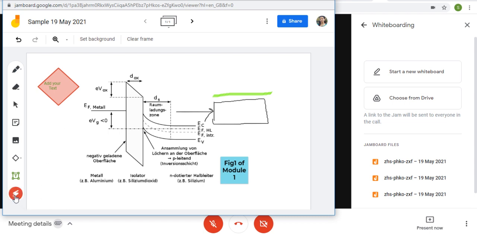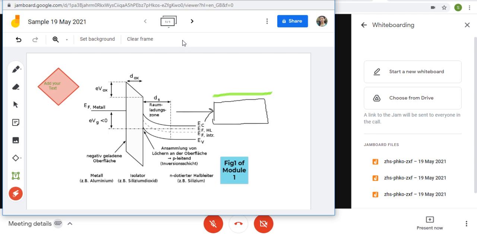Next option available is laser. By using laser, you can easily show your topic. See, by using the laser, you can highlight and you can explain this particular topic, and this mark automatically disappears. So the laser is very important in this whiteboard. Okay, now after this, no need to save this Jamboard, no need to save this whiteboard content.